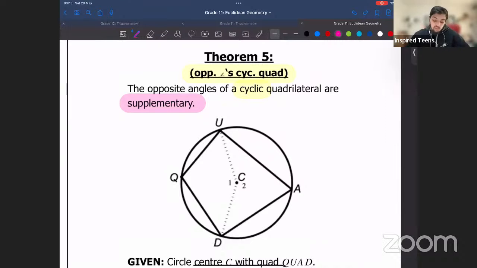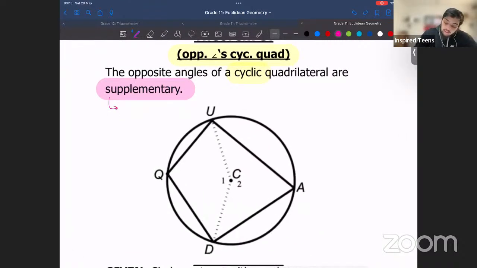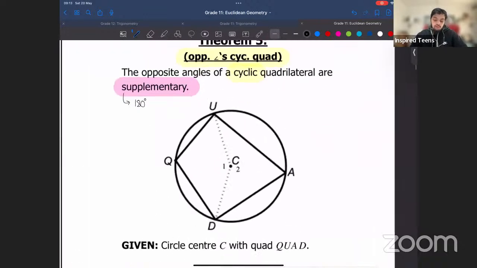Opposite angles of a cyclic quad are supplementary. So remember, this keyword supplementary means what? This keyword supplementary means that they add up to 180 degrees. Okay, so if we look at this specific case, all it's saying is that if angle Q,